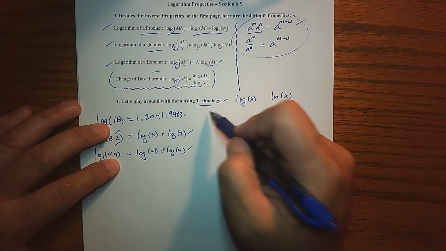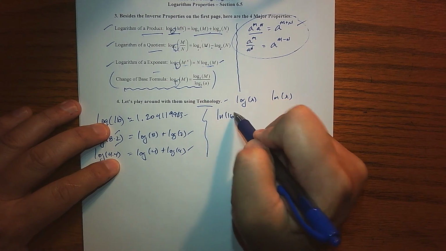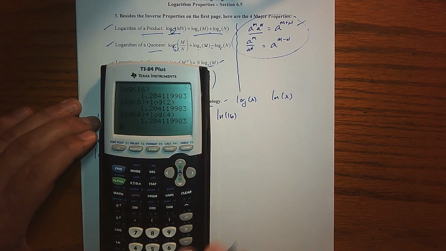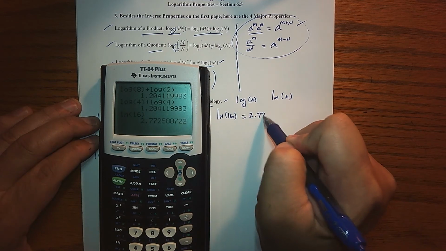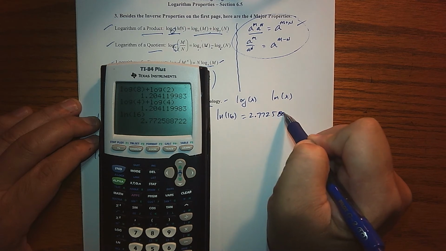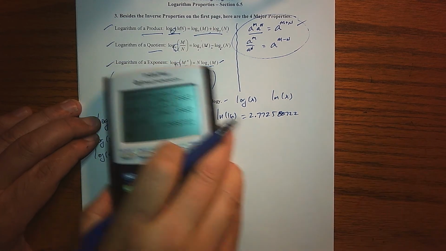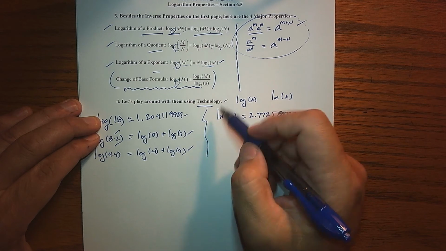We could have done this with the natural log as well. What's the natural log of 16? Well, the natural log of 16 is going to be equal to, it looks like, 2.7725888722. So again, using the same terminology,